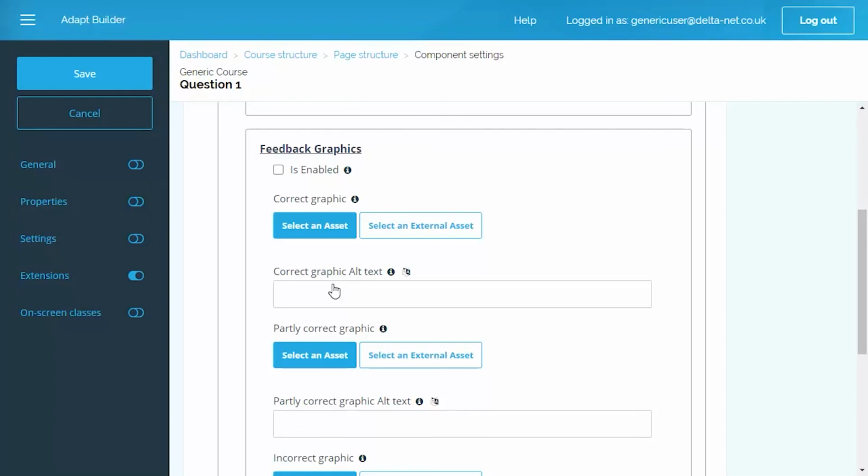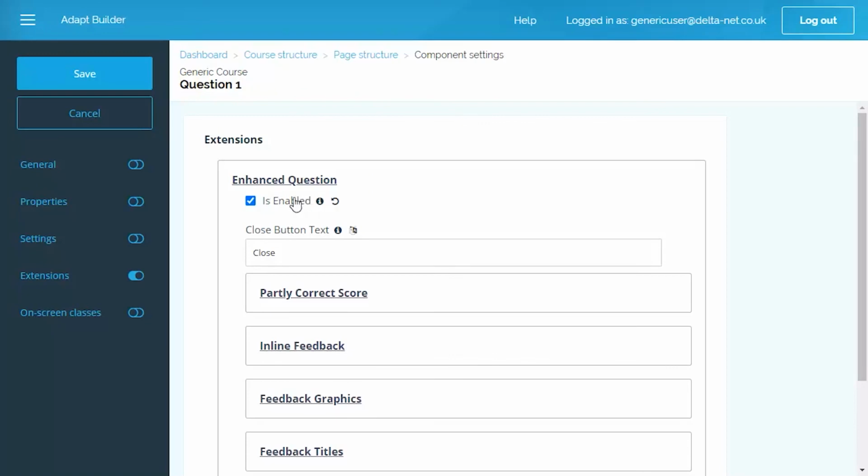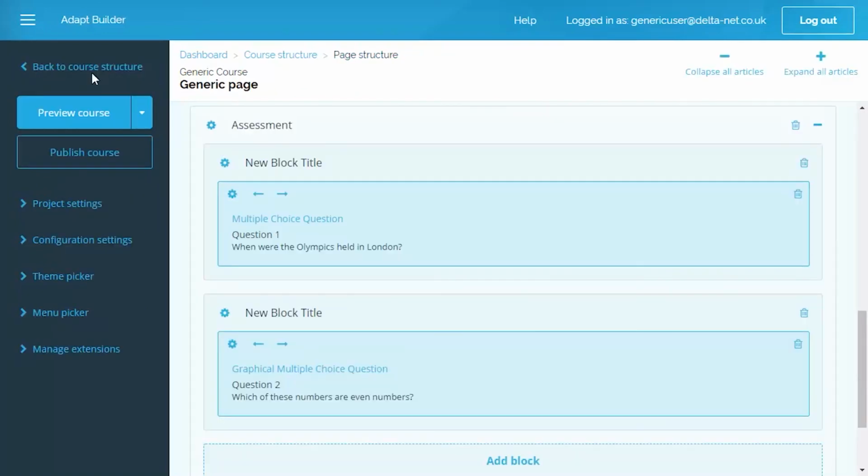Feedback Graphics gives you the option to add any images to your feedback. We don't want any images to appear, so we'll leave this unchecked. Feedback Titles gives you the option to add different feedback titles for different results. Now we've set up our enhanced question, select Save, and that is how you set up your course for a